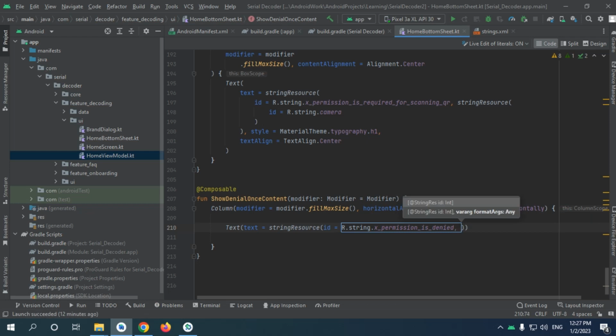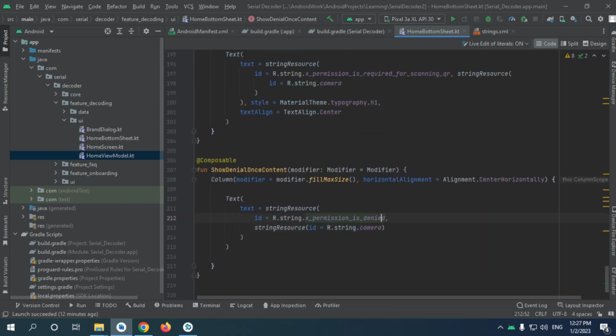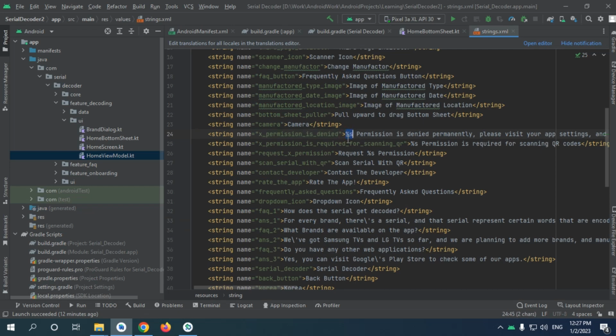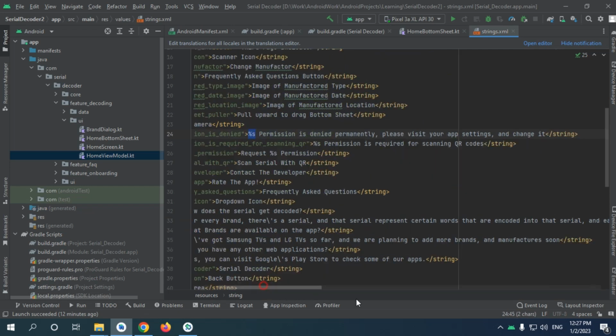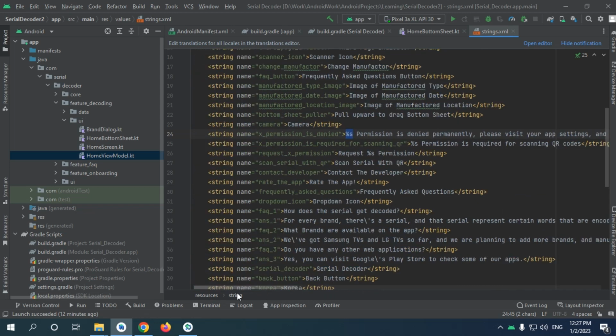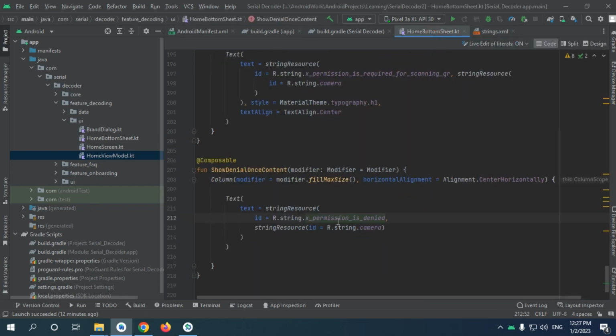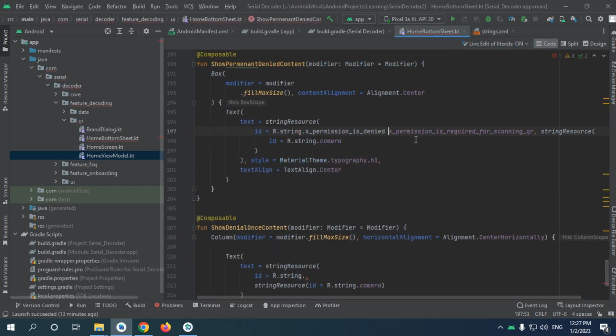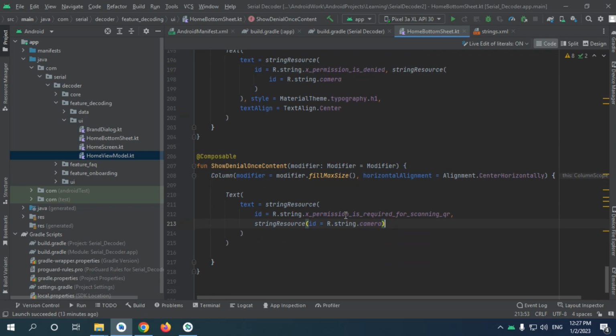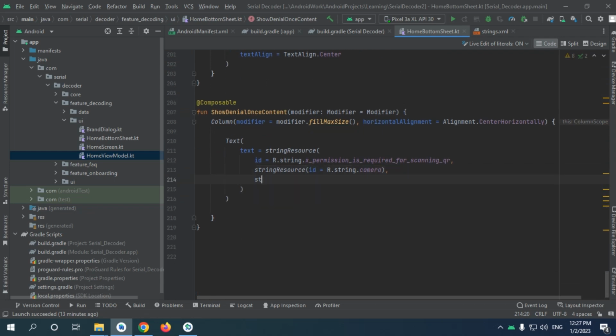I'm just informing him with some value, and I will tell him this is the camera permission, and it's just the same %s. Actually, we should replace those two together because I mixed them. So this one should be here, this one should be here. So after doing this, we have now assigned our value. We want to give a style, material theme. We also are using header 1 here,